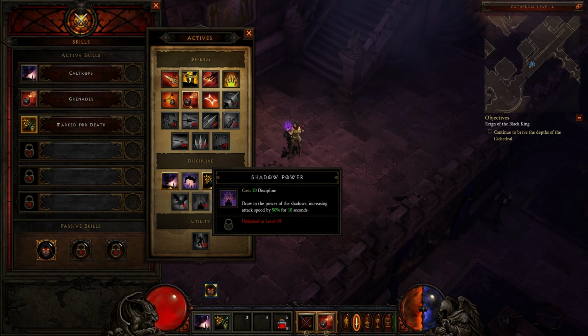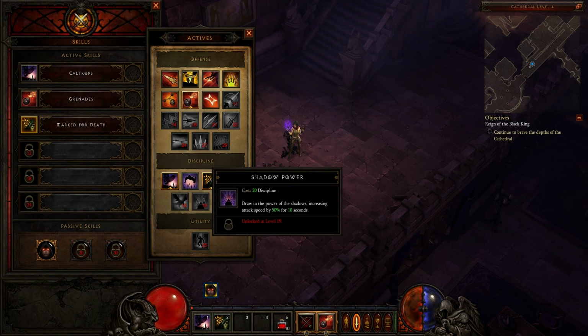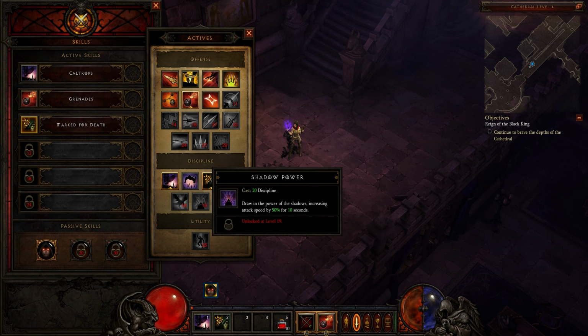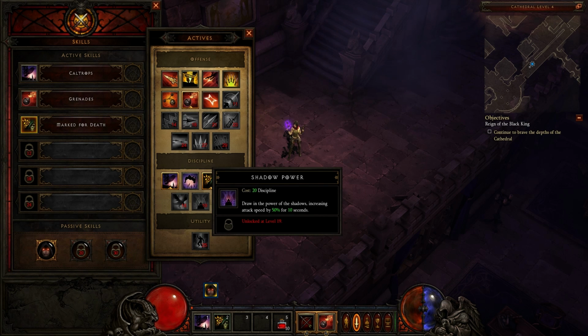Let's say Shadow Power 50% or 20 discipline, Sentry 10 discipline. So I could use both of those. 6 discipline on Mark for Death. Just some quick math here. So 4 off here, so 16. So you could actually use all 3 of these, and I'm not sure if there'd ever be a situation, but